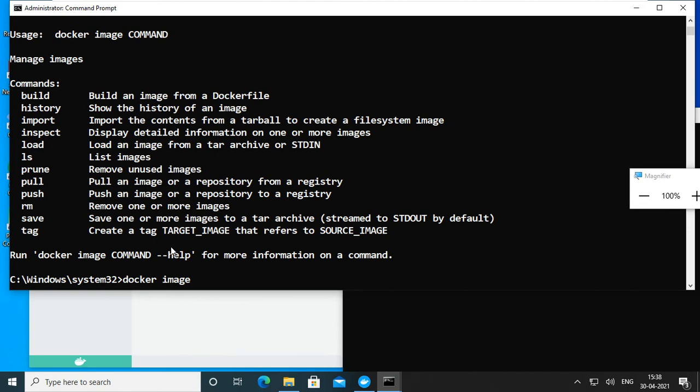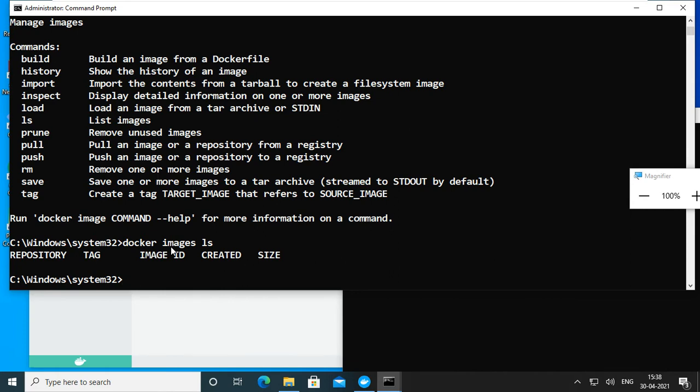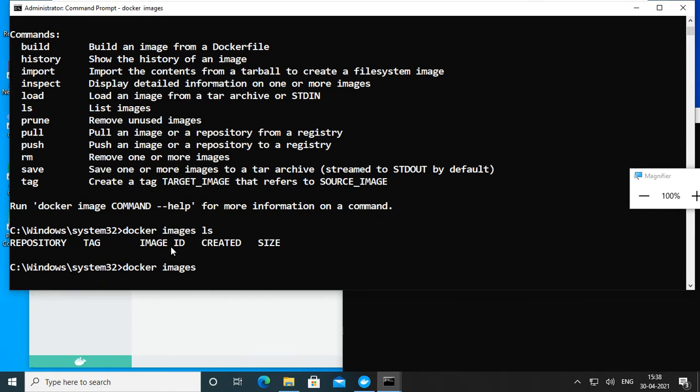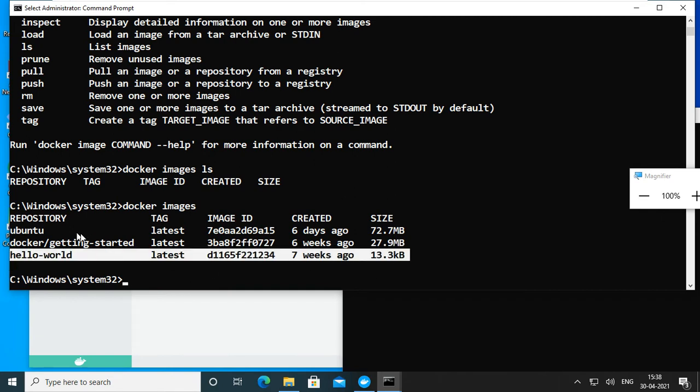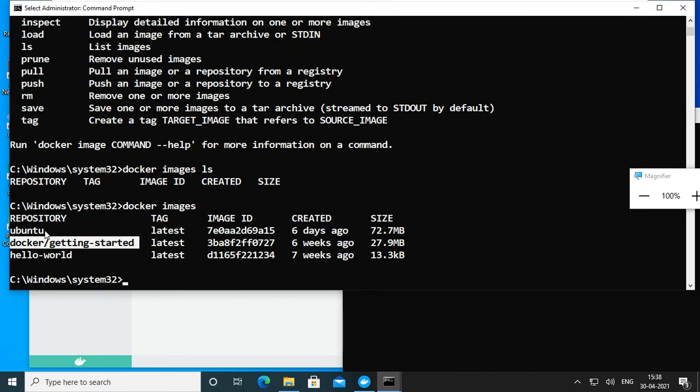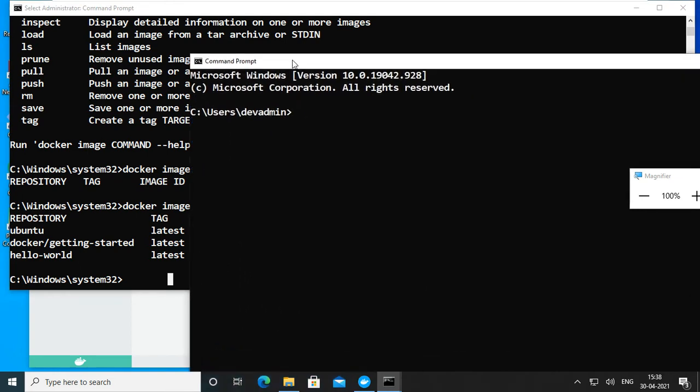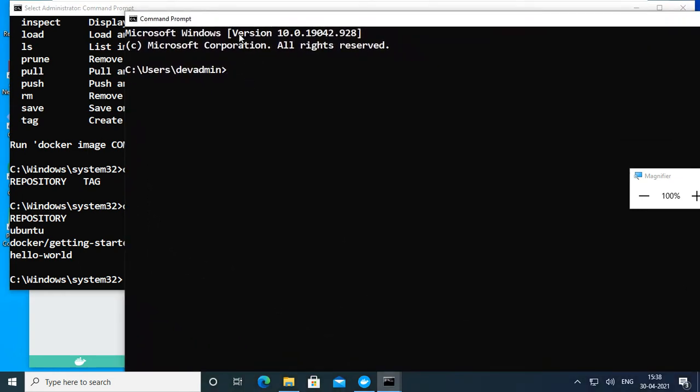If you do something wrong it will tell you something: manage images, image ls or images, docker images or docker image ls. Now see, can you see what images are there? One is hello world, another is docker getting started, and ubuntu, with the tag latest. So I have a Docker image.